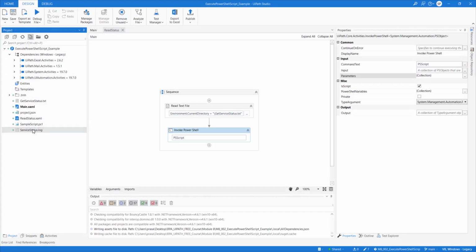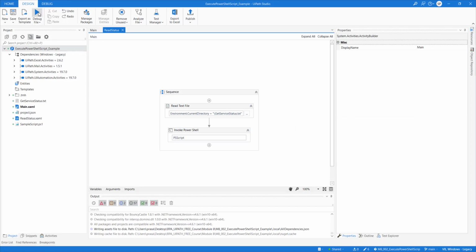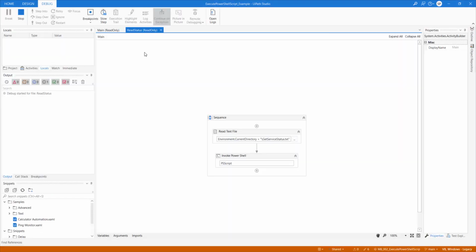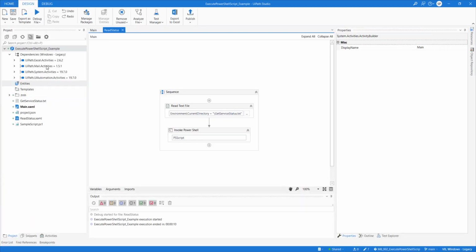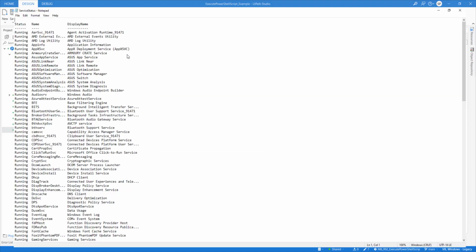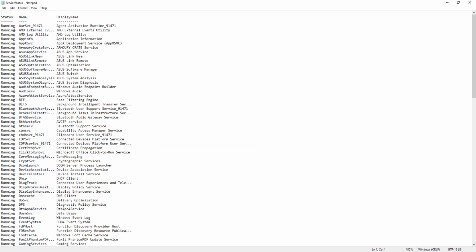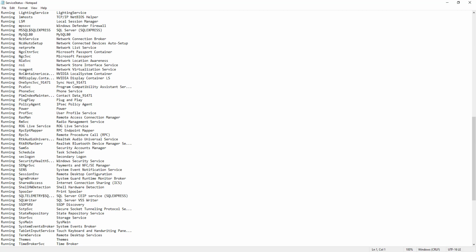So for the sake of simplicity, let's delete this one. Okay. And now run this. Once it is completed, when you refresh it, you will see there is a file here which shows the status of all your running processes on your machine.